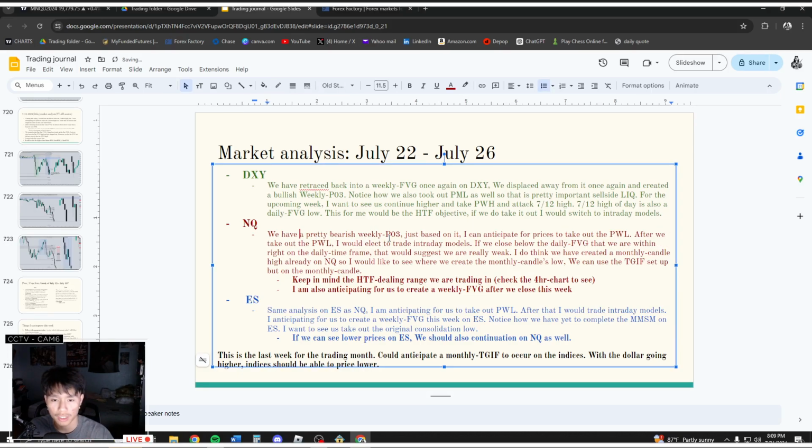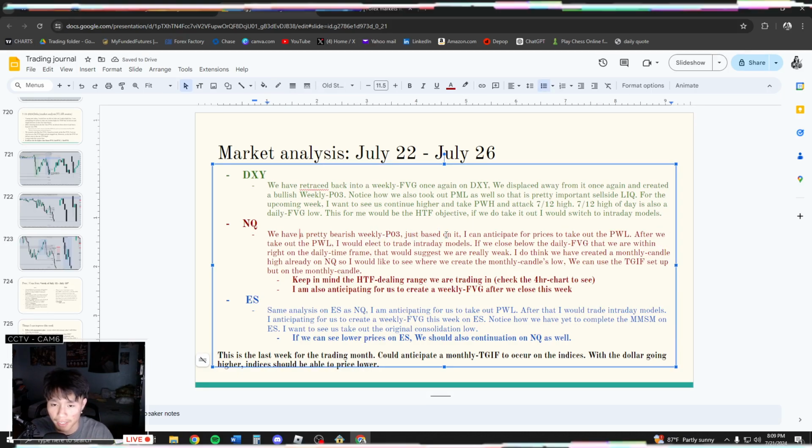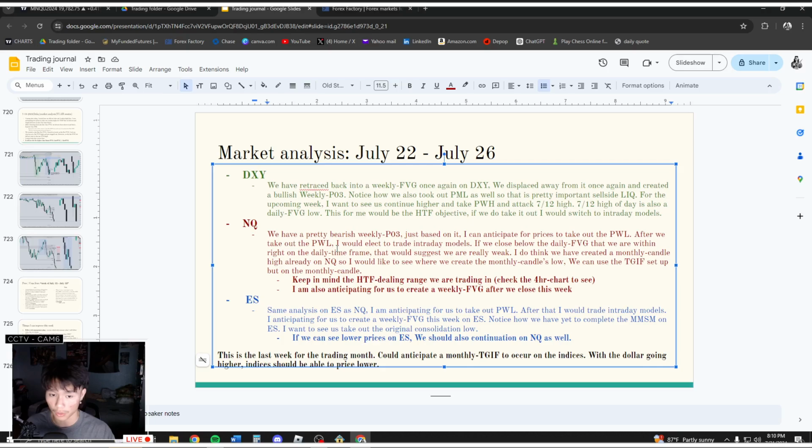So we have a pretty bearish weekly power of 3, and just based on it, I can anticipate for prices to take out previous week's low. After we take out previous week's low, I would elect to trade intraday models. If we close below the daily fair value gap, like I showed in the actual charts,